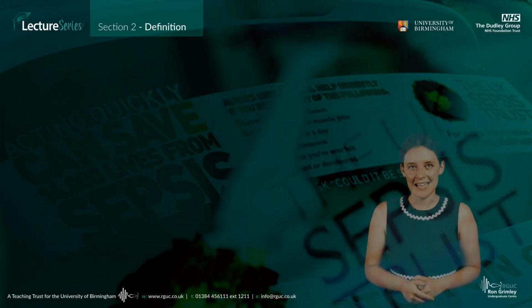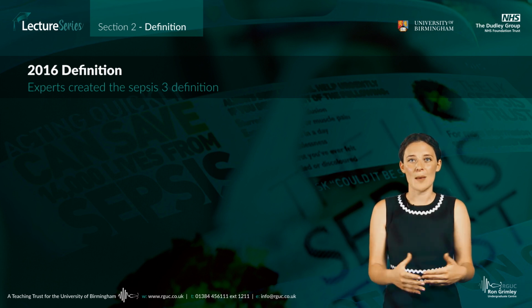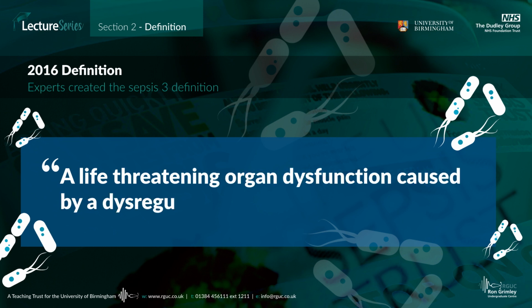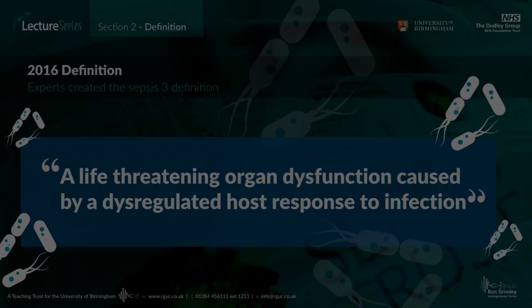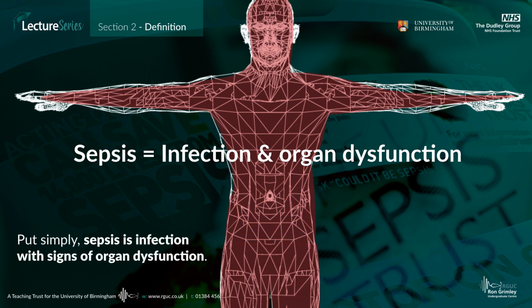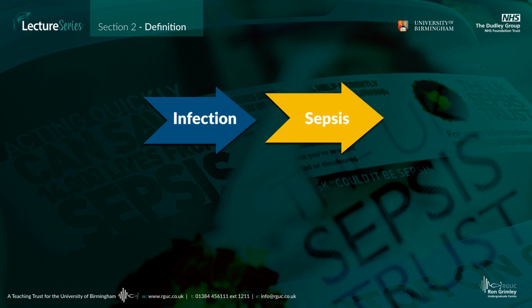In 2016, a group of experts from around the world came together to define sepsis. This is known as the Sepsis 3 definition. The Sepsis 3 definition regards sepsis as a life-threatening organ dysfunction caused by a dysregulated host response to infection. Put simply, sepsis is an infection with signs of organ dysfunction. In the new definition, the concept of severe sepsis was dropped, and the idea that sepsis is a continuum of